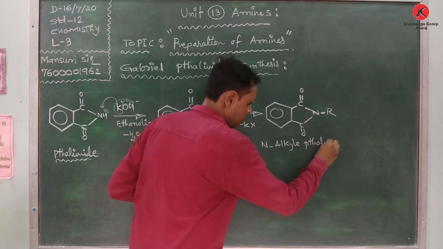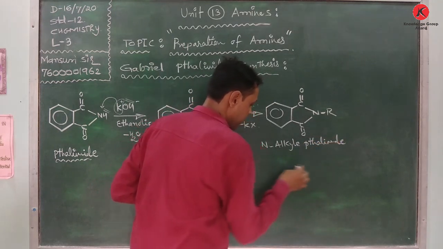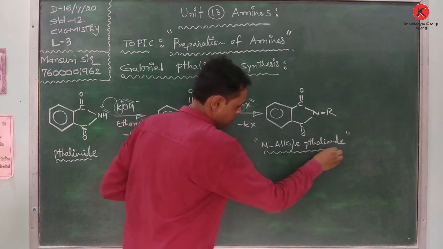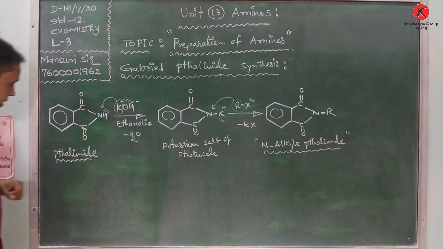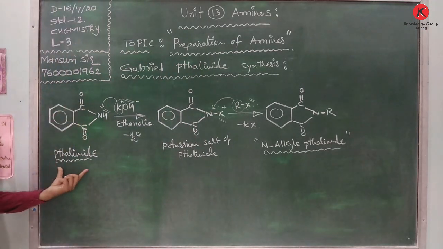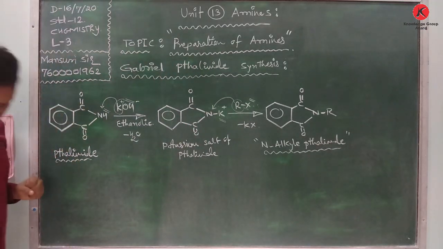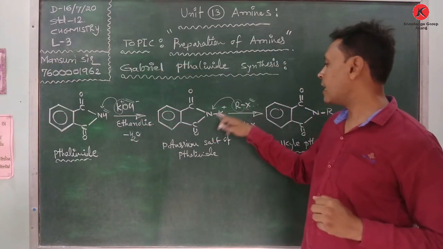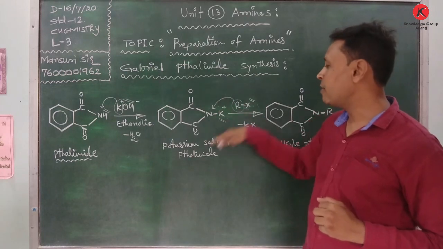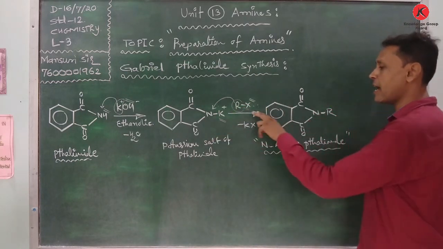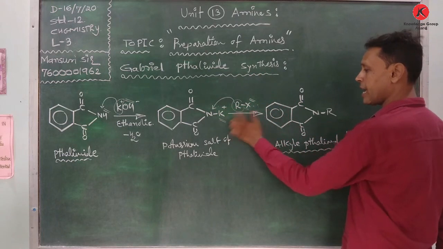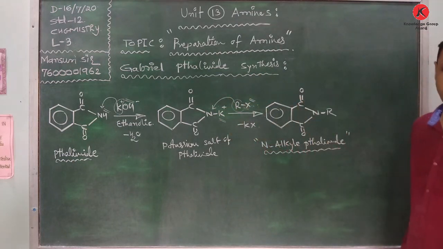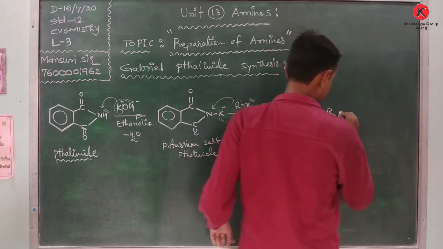So here, when phthalimide is taken with ethanolic KOH, then potassium phthalimide will be obtained. Thereafter, by adding alkyl halide, KX will be removed. That is why N-alkyl phthalimide will be obtained, and thereafter